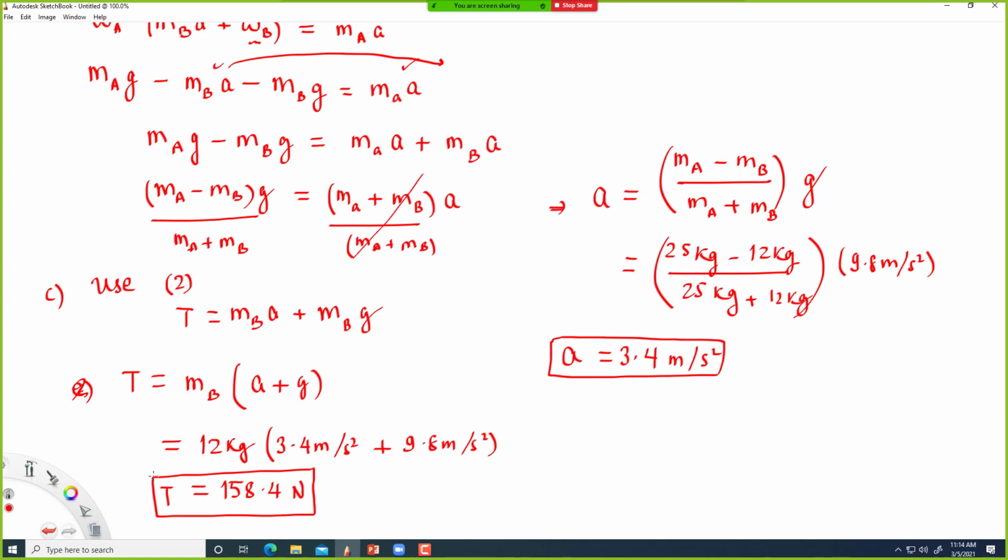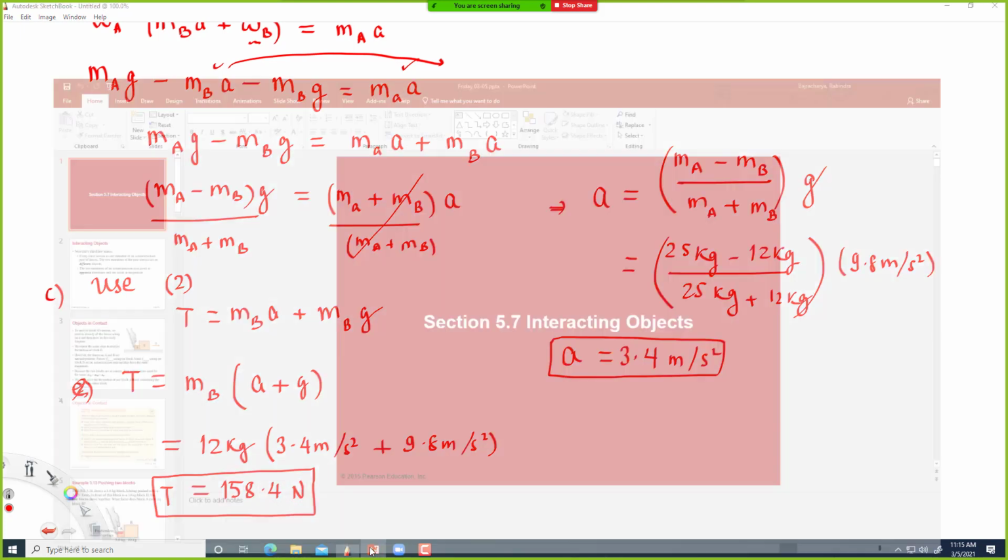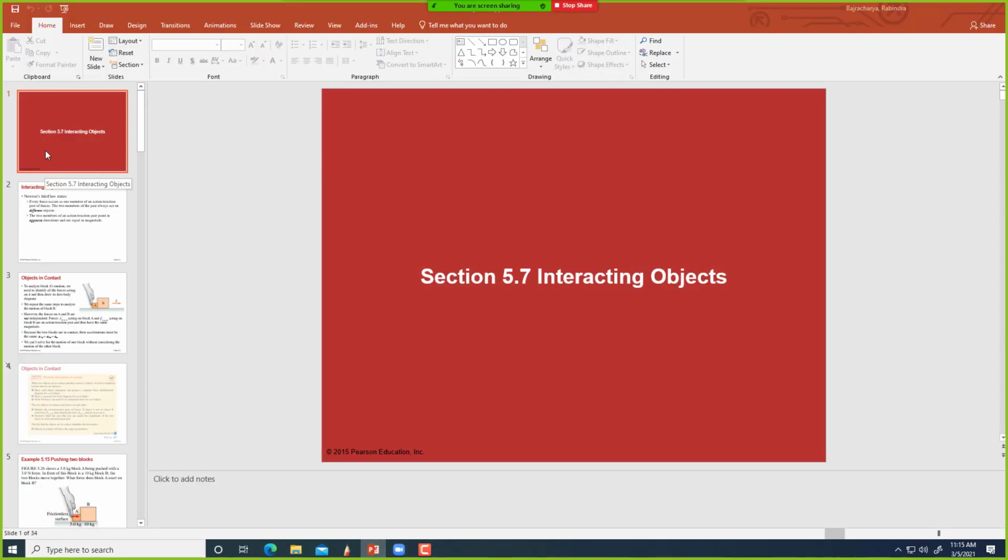So before we start number 6, let's talk a little bit about the cases where we have more than one object, when the two objects interact with each other. So we know from Newton's third law,